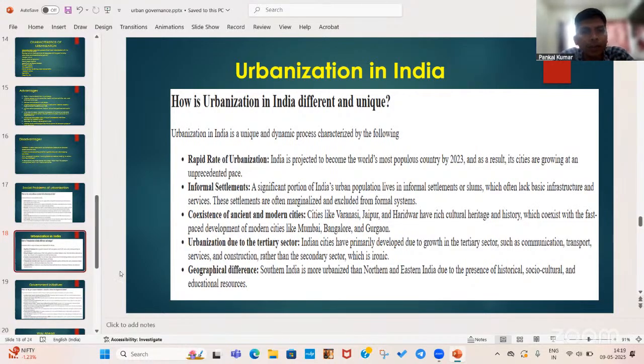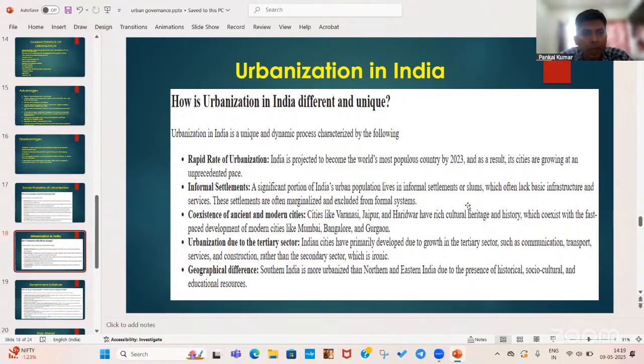Okay, that we'll discuss. So, number one, the rate of urbanization is much more rapid, which is in line with the rapid rate of our population growth. Then comes informal settlements. This is a significant part of India's urban population. They live in informal settlements, like I told you, slums, for example, Dharavi in Mumbai. And these informal settlements often lack basic infrastructure and services, and they are often marginalized and excluded from the formal